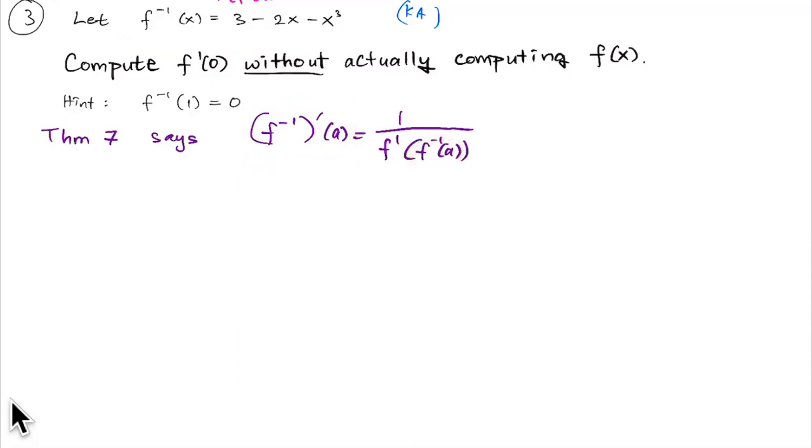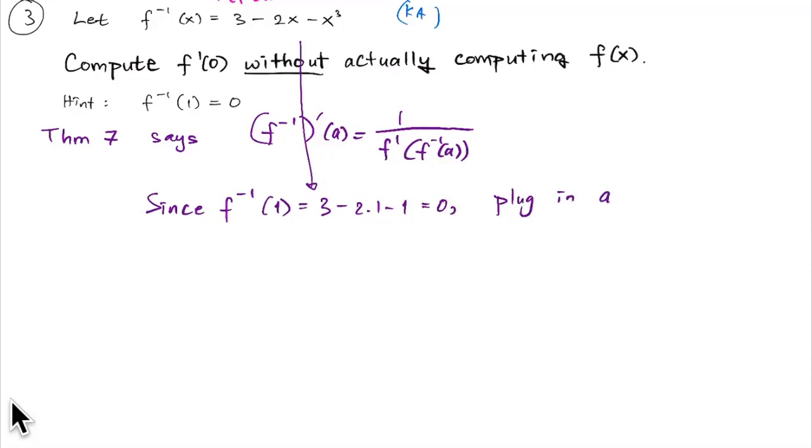Right, so in order to get 0 here, I just have to put in 1 for a, right? So since f inverse of 1 is 3 minus 2 times 1 minus 1, which is equal to 0,